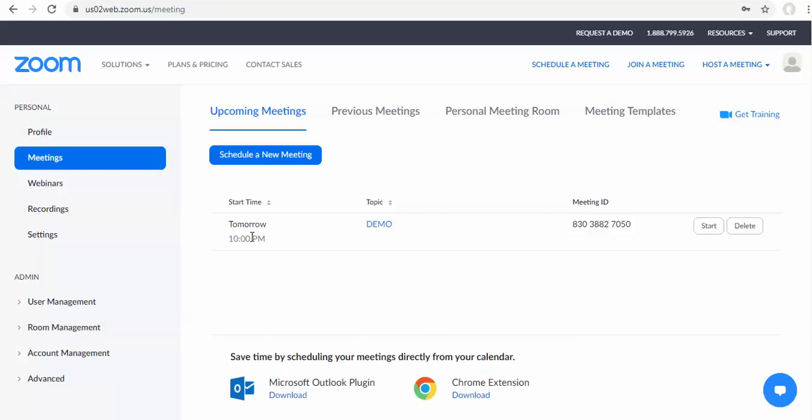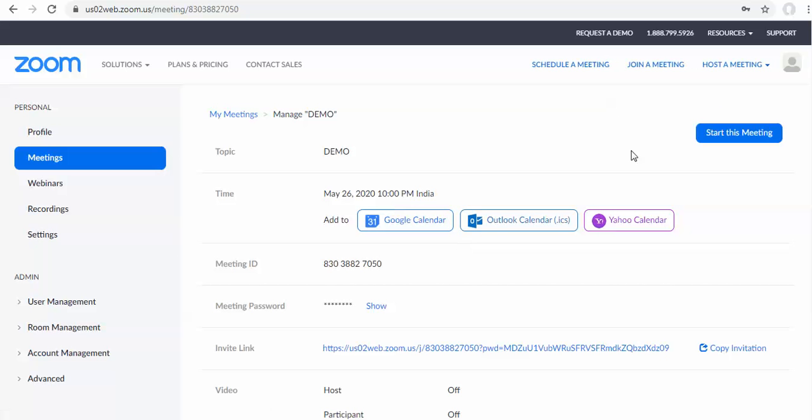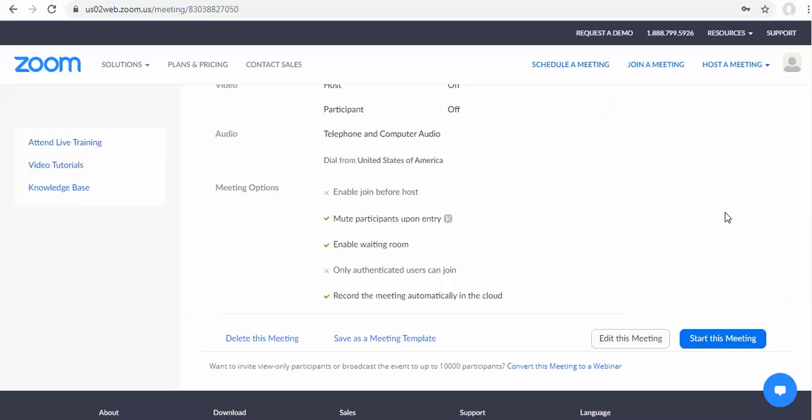Yes. So once you log in, it will come to your profile. Click on meetings. So you can see this. I have given the topic name as demo. This is the meeting ID and the scheduled meeting. So what we need to do is just click on start. Otherwise you can go to the topic, start this meeting. These are the two ways you can start the meeting. Okay. If you want to edit something, you can click on edit this meeting and you can edit it.